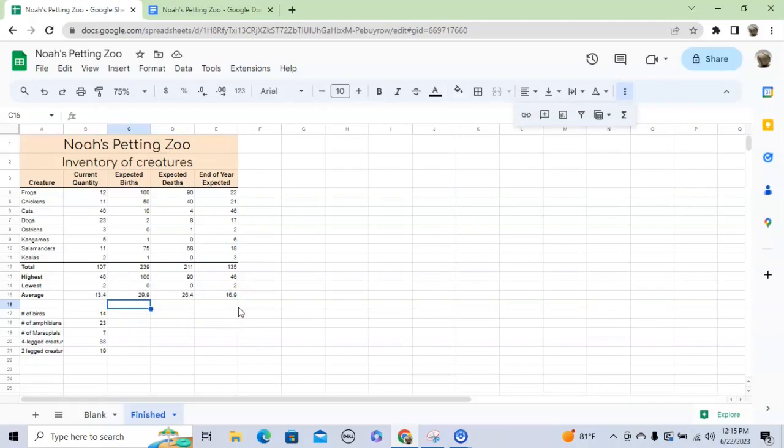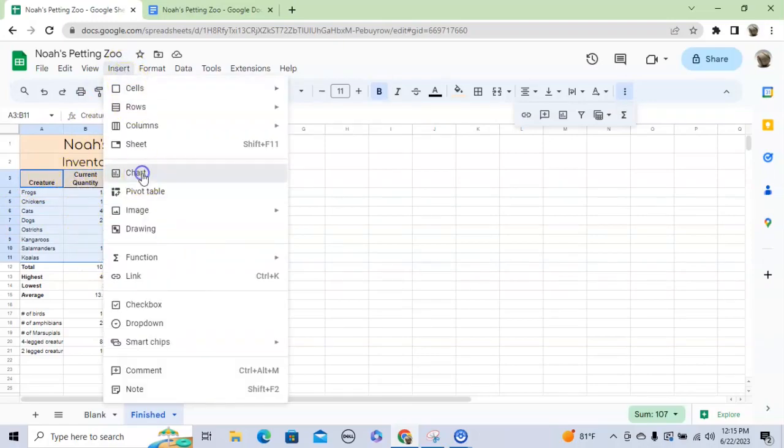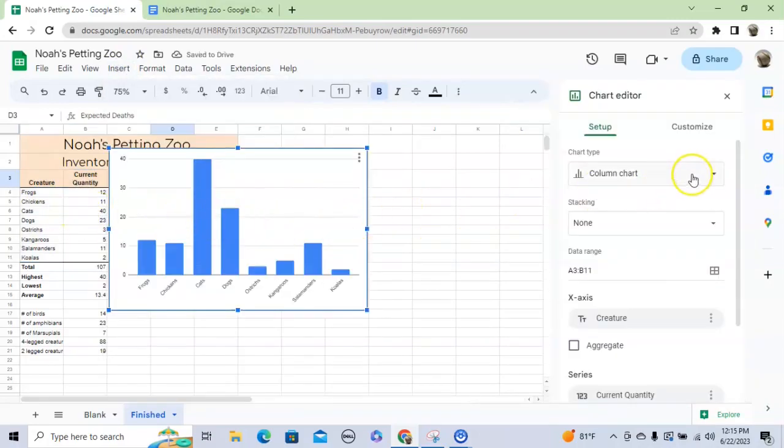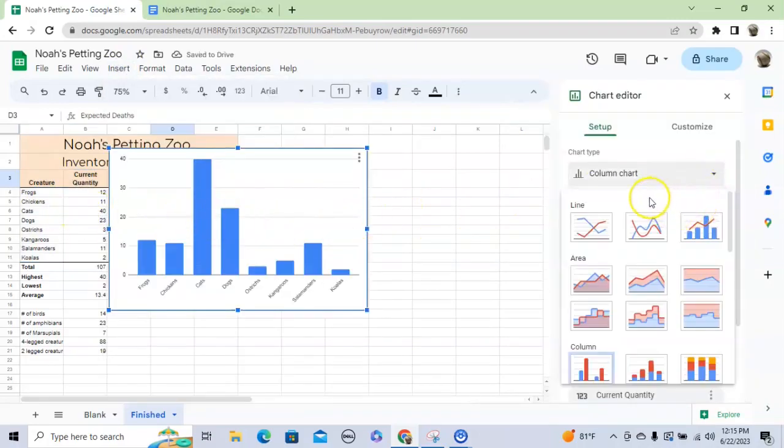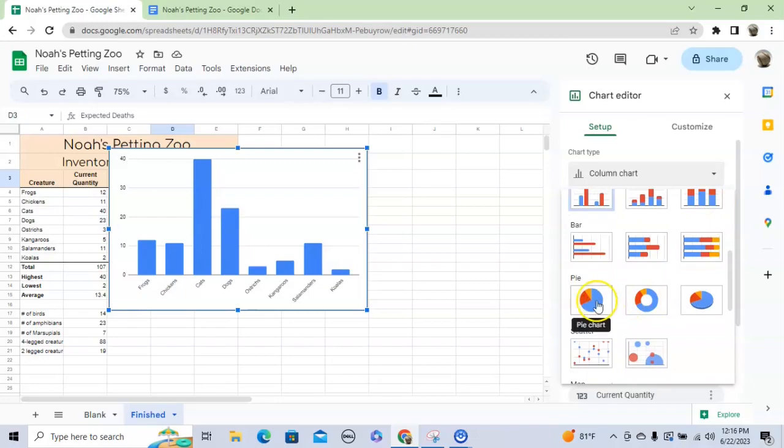So that's pretty much it. If you wanted to do a pie chart, the pie chart would be of the current quantity of all the animals, what percentage is each animal. So I would highlight cells A3 through B11 in this case, and I would insert a chart. And we can pick our type here. There's a pie chart,